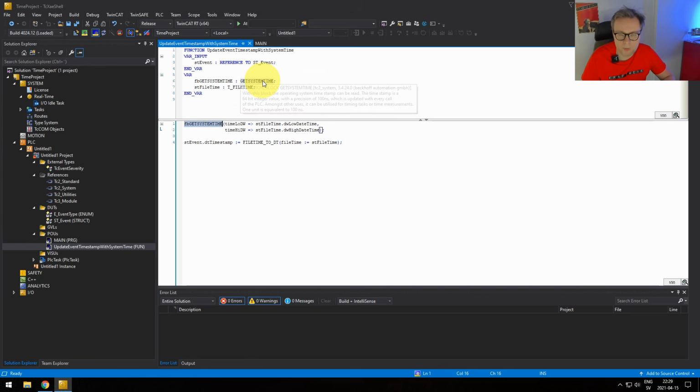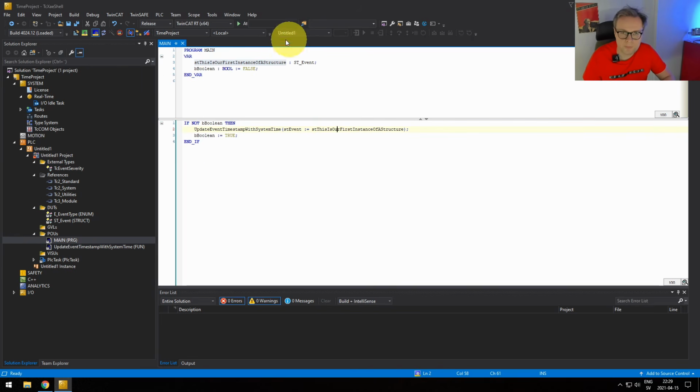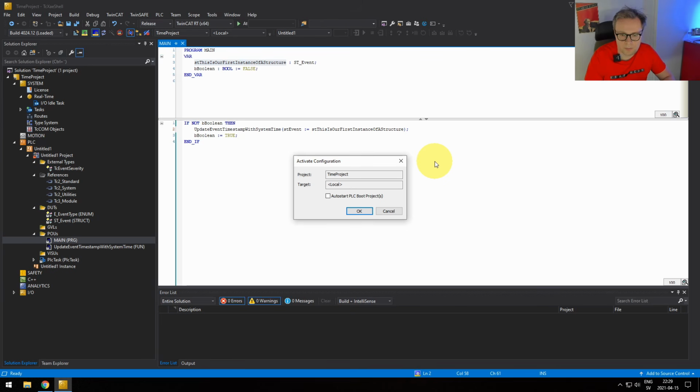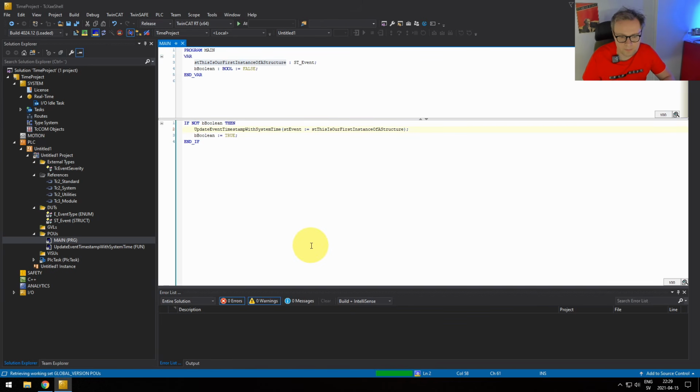We store the output of this function block into a structure called tFileTime, and then we get it into this format of tFileTime. Then we need to convert it to date and time, which we do with FileTimeToDT. And then we store the value in the timestamp of our structure. Easy peasy, right? So let's build this, compile.